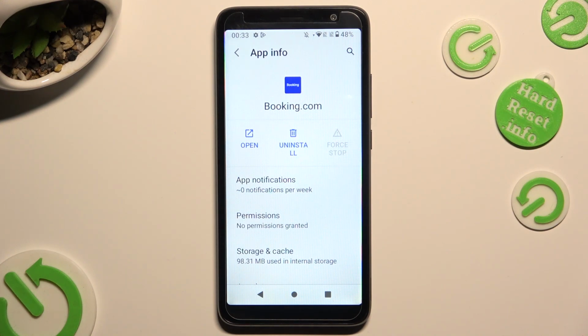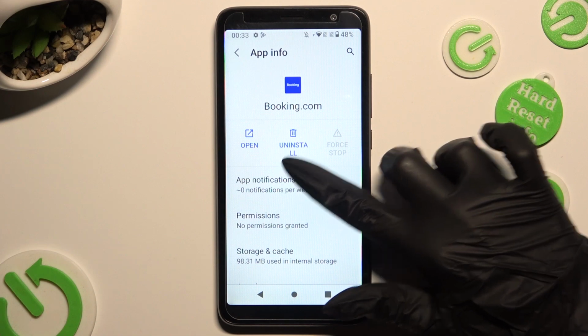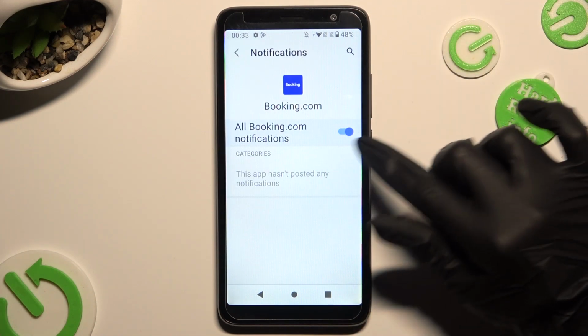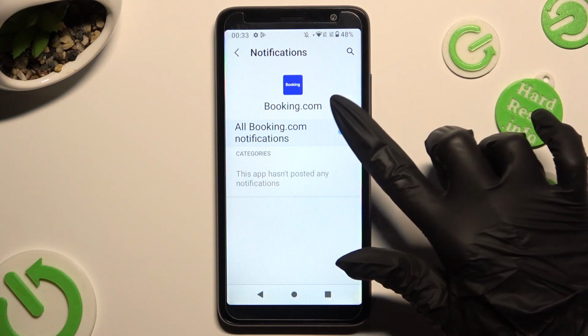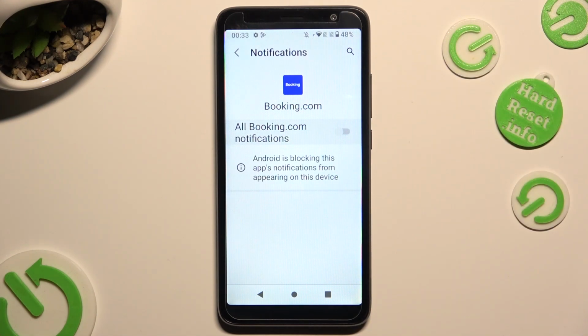Then select App Notifications section and tap on this blue switcher next to All Notifications to switch them off or